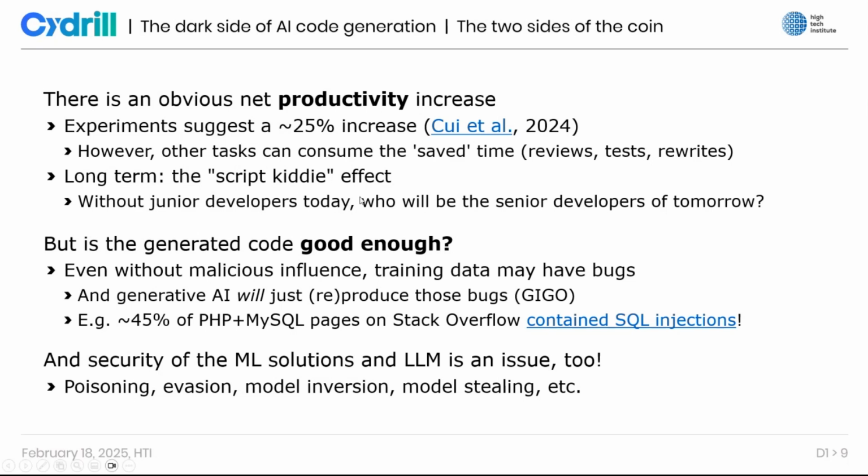If we apply this to programming, the same question is, if we have junior developers who enter the business today, and the only thing they use is these tools to generate code for themselves, do they need to understand why that code is generated? Do they need to understand the meaning of the code? And if they don't, how do they get better at actual algorithmic thinking and writing code? Or do they just basically improve their skills at prompting? So yes, who will be the senior developers of tomorrow?